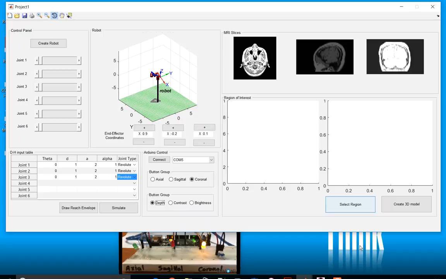Here with the select region, we are able to digitize, to select the regions of interest and make slices of that region of interest in this plot. And through the Delaunay triangulation, we would create a 3D model of those slices that have been selected in this plot in here. So I'm gonna select